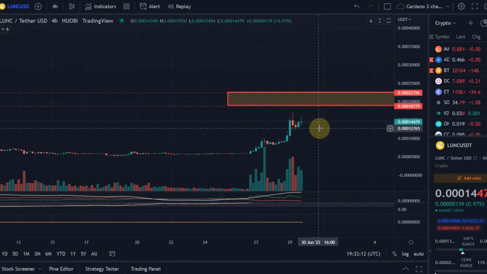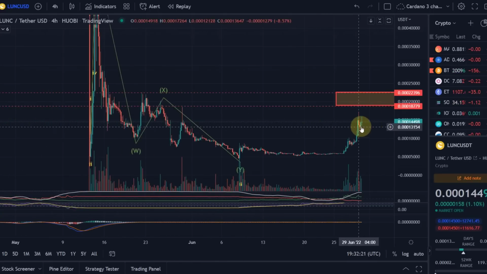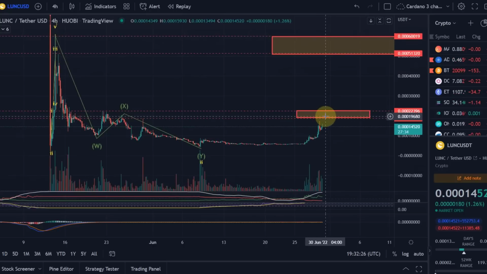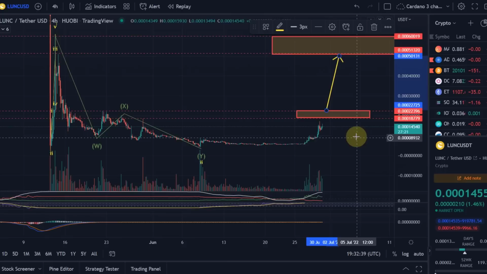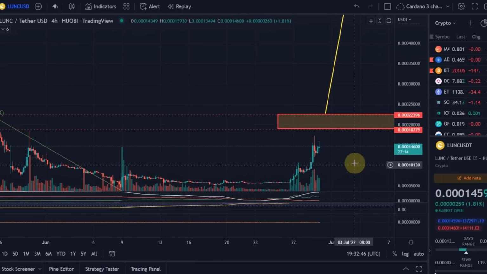First target would be the previous swing low. Now, until we get there, maybe we will get another swing low. But there is certainly here a target of around 13150 for a possible short, just as one option. Yeah, but again, going long just below resistance, I wouldn't do it. I would wait what happens here, and if there is a breakout, this can be traded within a range here between these levels. Okay, and that is pretty much everything I can tell you from an Elliott Wave point of view here about Luna Classic.